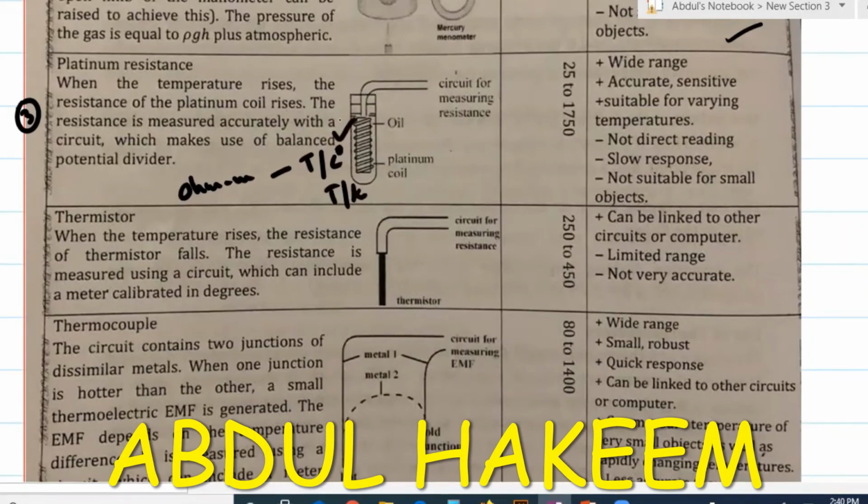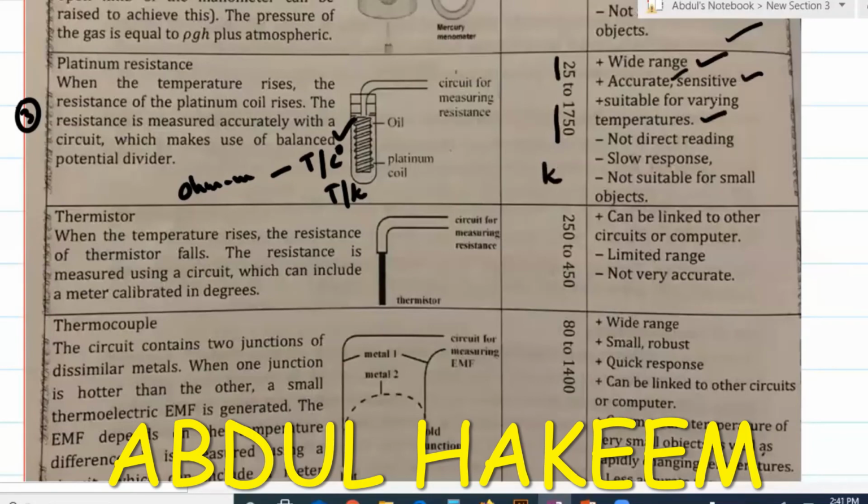So the ohmmeter measures the resistance, but our ohmmeter is calibrated into temperature in degrees Celsius. And its range is 25 to 1750 Kelvin, not centigrade. It has a wide range. Yes, it's also accurate. It's sensitive. It's suitable for varying, changing temperature. But the problem is no direct reading again, and it has slow response, not suitable for the temperature of